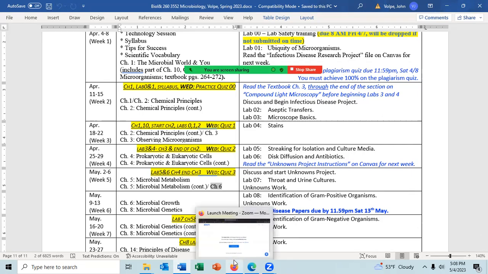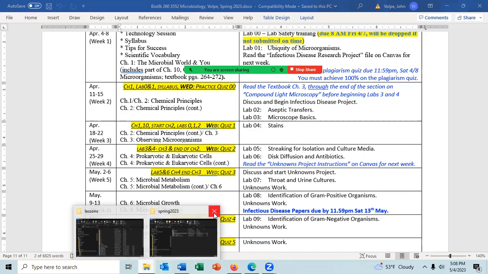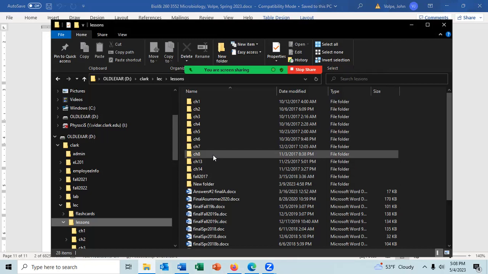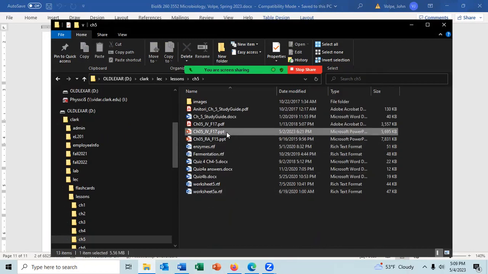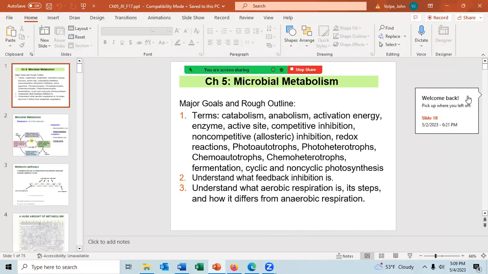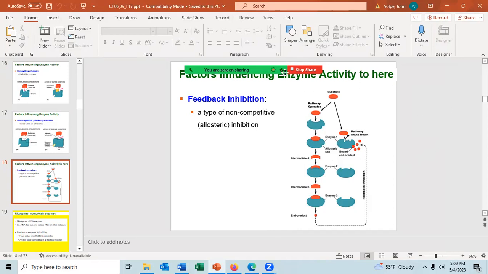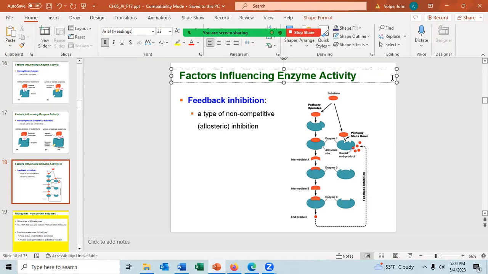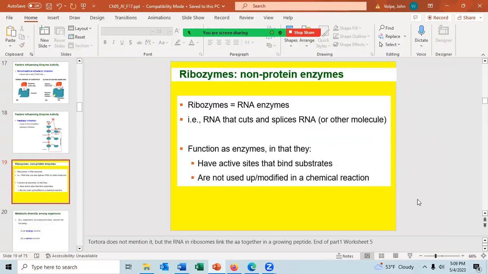All right, if not, let's move on to chapter 5. The last slide I talked about was factors that can influence enzyme activity, talking about feedback inhibition. Let's mention that ribozymes are non-protein enzymes. They are RNA enzymes, meaning enzymes made up of RNA. The RNA molecule, which is a ribozyme, tends to cut and splice RNA or another molecule, and they function as